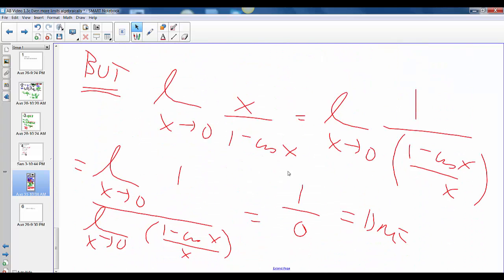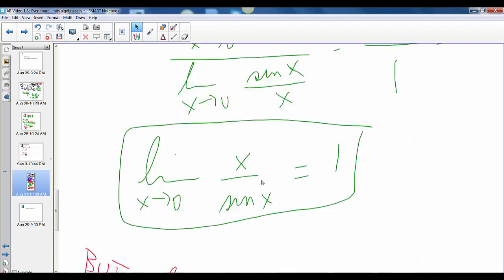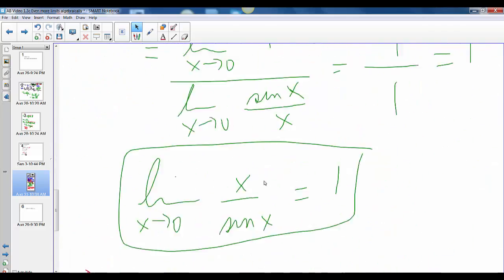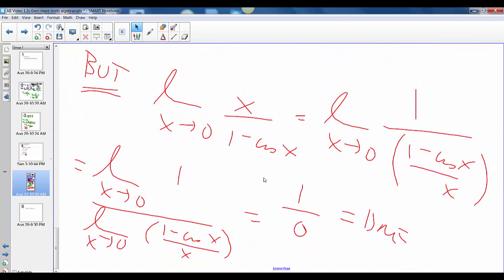However, if instead of 1 minus cos x over x, which is what I had up here, notice here that's 1 minus cos x over x, if I flip that, I actually get does not exist, because this fraction is 1 over the reciprocal of itself. And the problem is that this limit is 1, this limit is 0, as we agreed visually, and therefore I would get does not exist. And that's